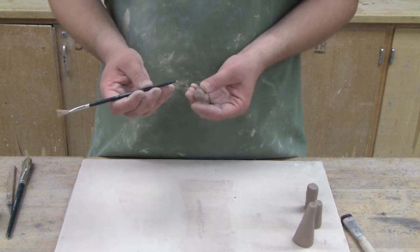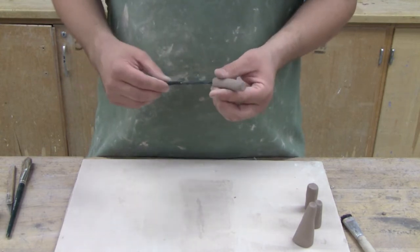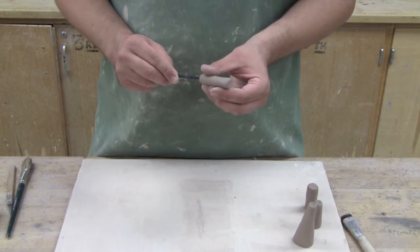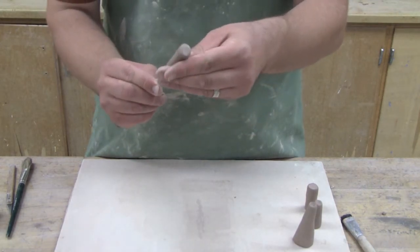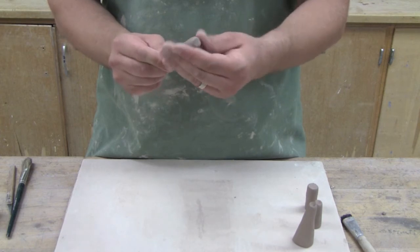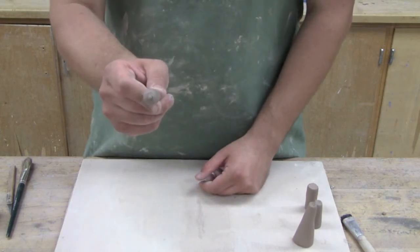I will first start by identifying a spot in the middle and just making a small impression. Now the trick is, with this technique, I need to make sure that my coil is spinning and not my paintbrush. So I'm going to hold the paintbrush firmly and I'm going to spin the clay, and as I rotate this, I want to make sure that I keep this on center. If I can keep it nice and easy, as I push down on the coil and move it towards my hand,